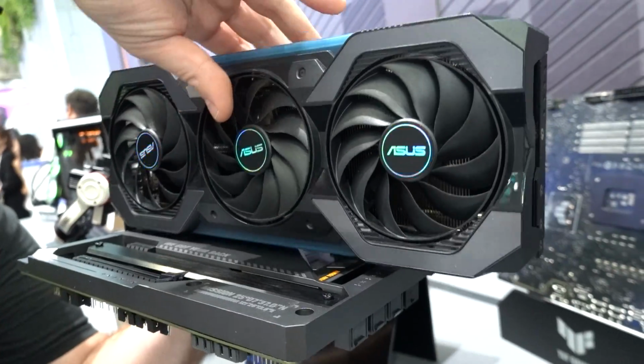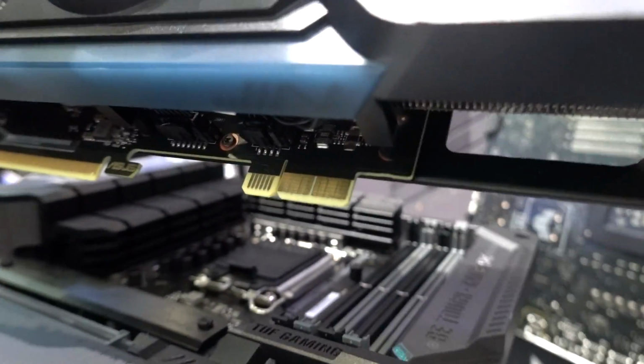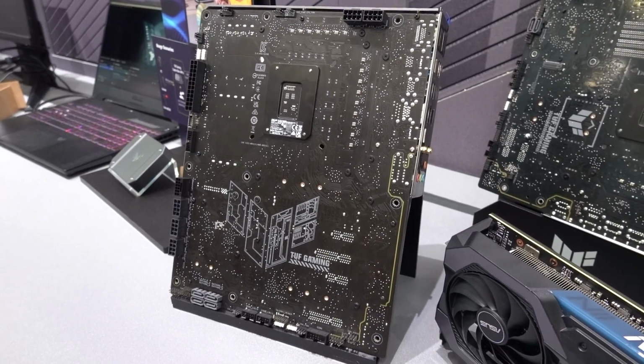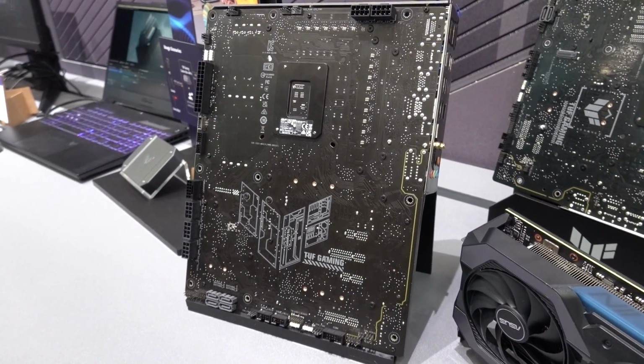So that's basically how it works. And you've got up to 600 watts of juice going straight to the GPU, all through that little gold connector. Here's a look at the back of the board. You can see the 8-pin EPS connectors as well as the 24-pin connector are also back there, along with all the SATA ports. Pretty much all the connectors and headers that you would need are routed to the back of